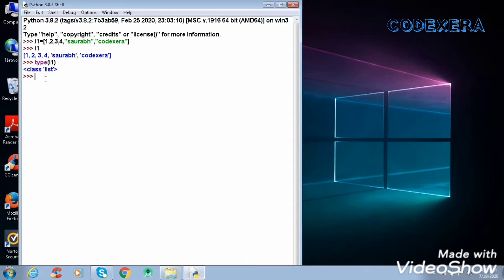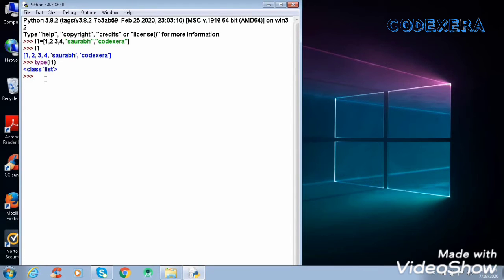There are lots of characteristics of lists. You can refer to them on many websites. But before that, we'll see some of the same characteristics as we did in the strings tutorial of Python.